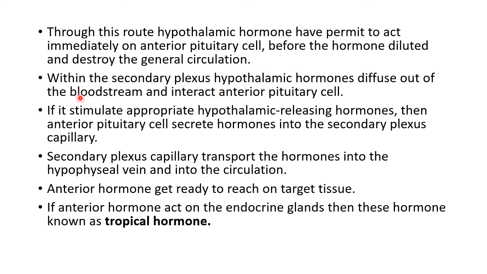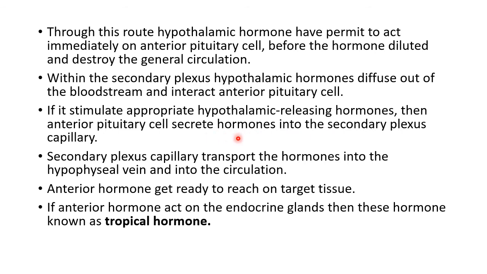Within the secondary plexus, hypothalamic hormones diffuse into the bloodstream and interact with the pituitary cells. Okay, we have seen the diagram, they interact with these cells. If the appropriate hypothalamic releasing hormone stimulates them, then the anterior pituitary cells secrete their hormone. If the hypothalamic releasing hormone that comes from the hypothalamus acts on a target cell, and they succeed